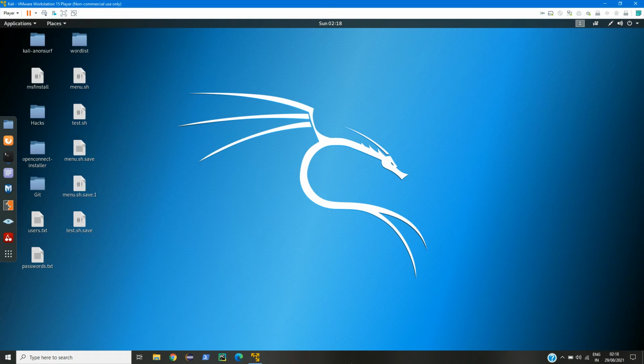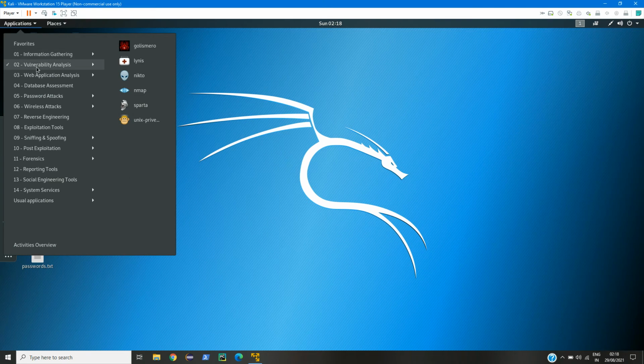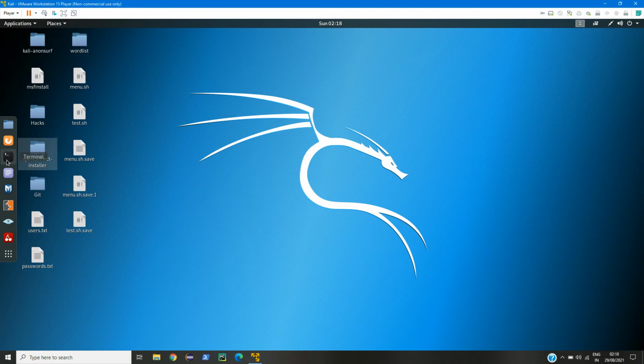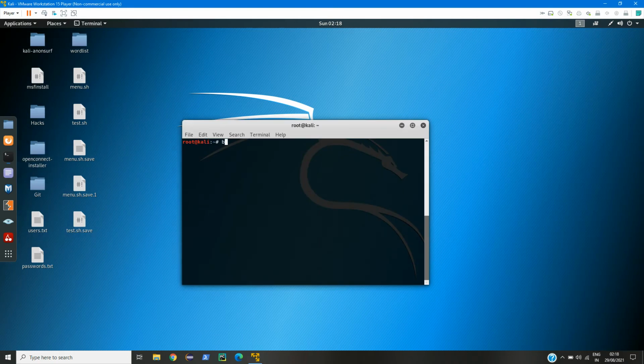So here in Kali Linux we can find the Burp Suite under the applications, and here we have web application analysis. At the top we have Burp Suite, or you can just simply open the terminal and type in Burp Suite.